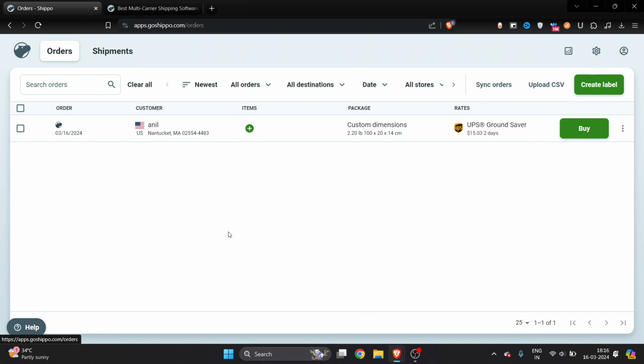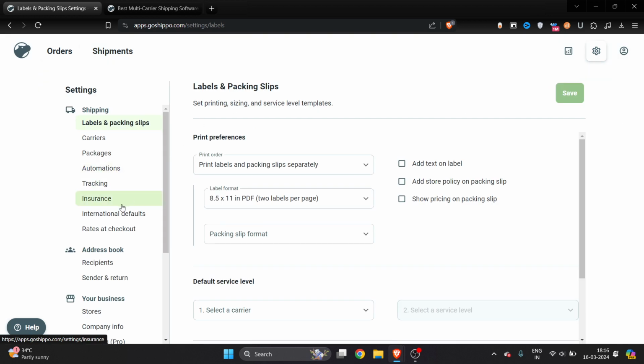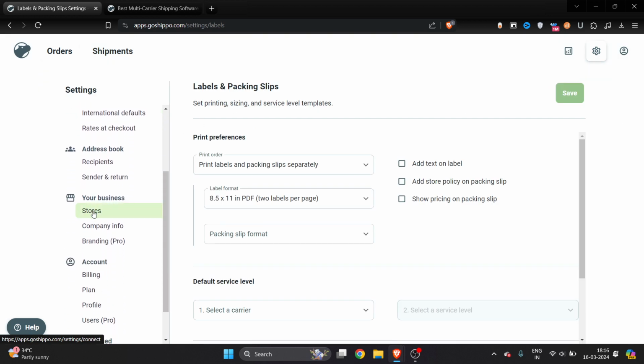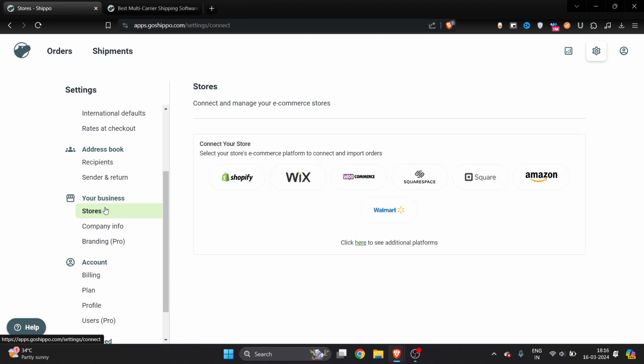If you are signing up for the first time, then you will get a notification to connect your store here. But if you're not getting it, that's fine. Just click on this gear icon of the settings, which is on the top right. Once you click on here, you will get this option of store under this business. So just click on store, and here you can connect your shop,